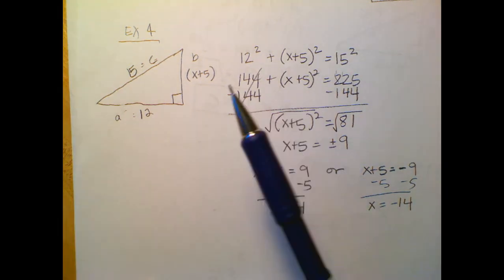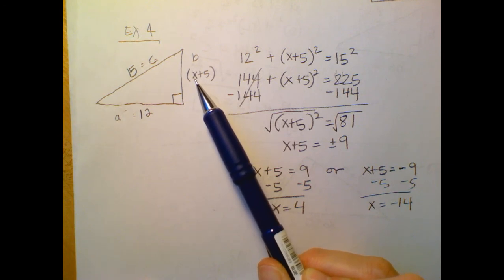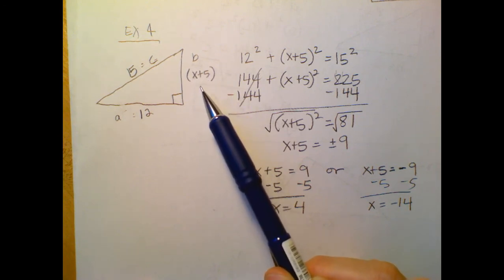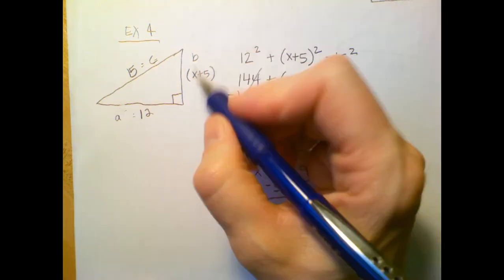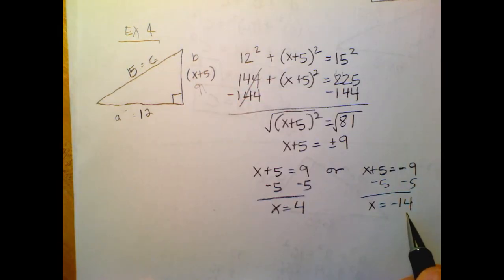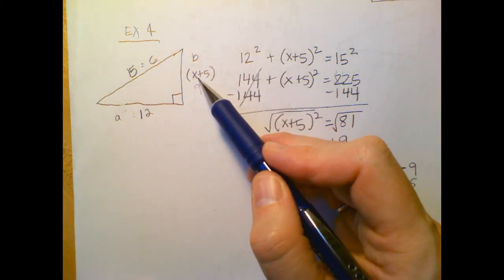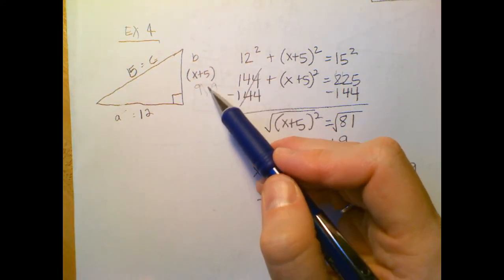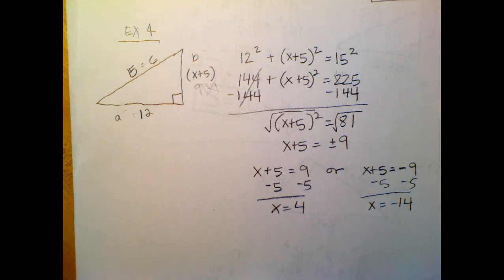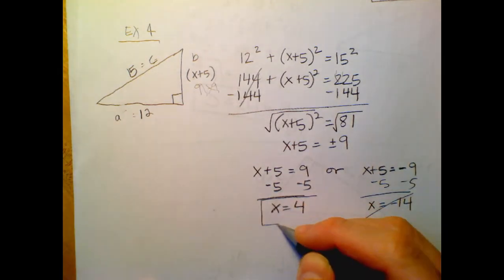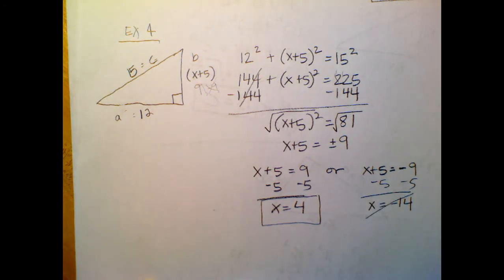Okay, so when you think about what x can equal, if x is equal to 4, then this side becomes 9, which seems legitimate. If x is equal to negative 14, then this side all of a sudden becomes a negative 9, and that's no good. So we're going to reject our negative and only circle the answer that works. All right, so that is the last example. The assignment tonight is a worksheet, I believe, and so just make sure that you show your work and